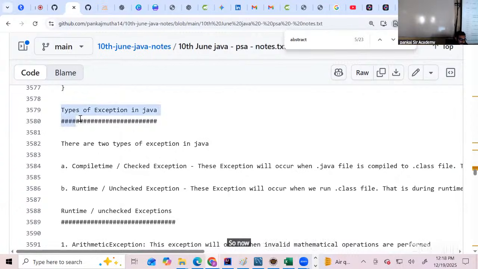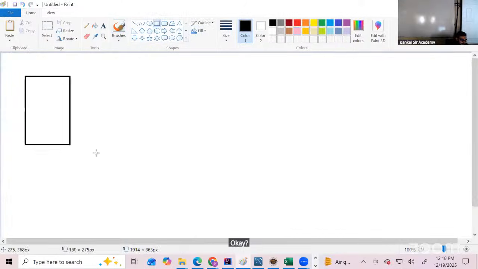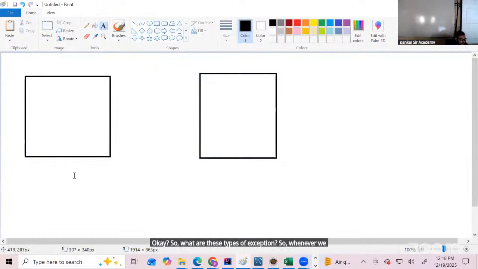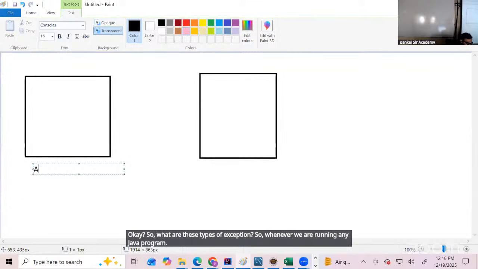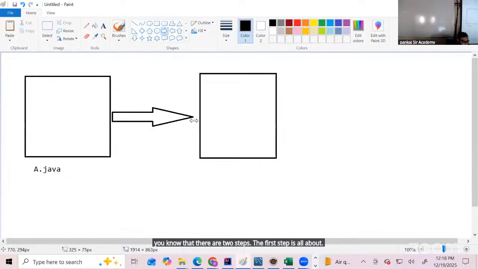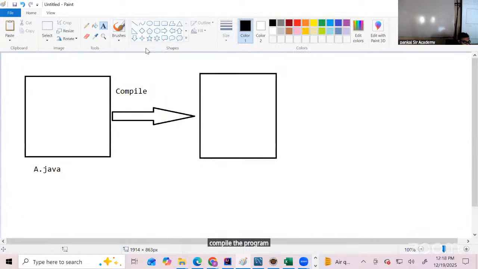So now we are going to look at types of exceptions in Java. So what are these types of exceptions? Whenever we are running any Java program, you know that there are two steps. The first step is all about compiling the program. We have already discussed this earlier. Yes or no? Compile the program. And the second step is all about you